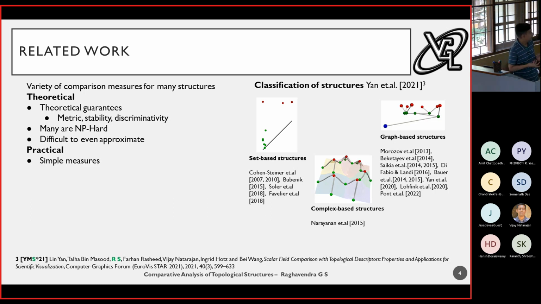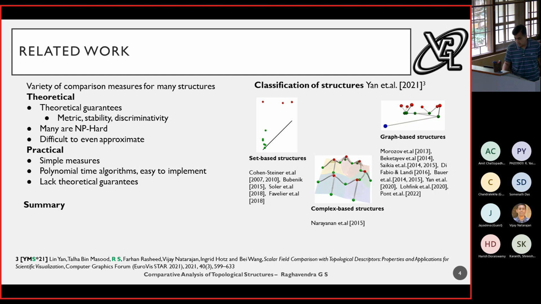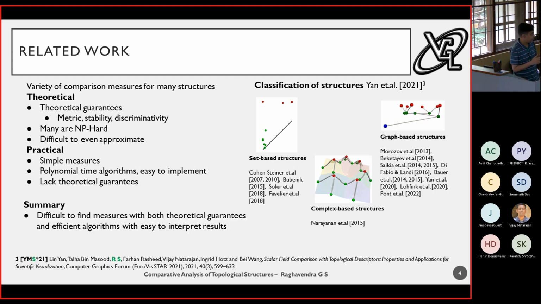On the other hand, the practical measures are very simple to define. They also have polynomial time algorithms, and they are very easy to implement. But many of them lack theoretical guarantees, which would be very useful when deciding what kind of a measure can be used in what kind of a scenario. So to summarize, these are the gaps which we are able to come upon. One is it's difficult to find comparison measures which have both theoretical guarantees and also have efficient algorithms and